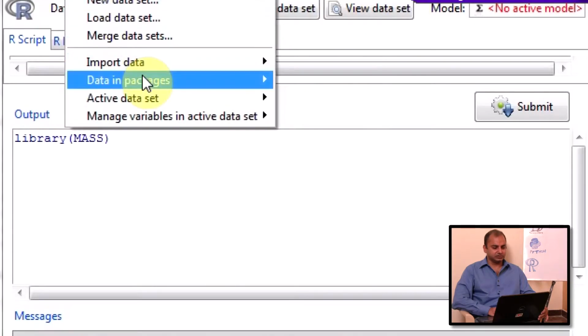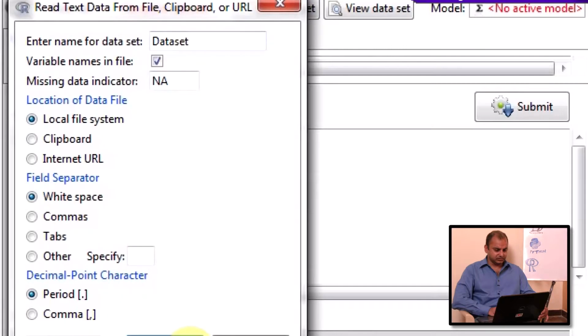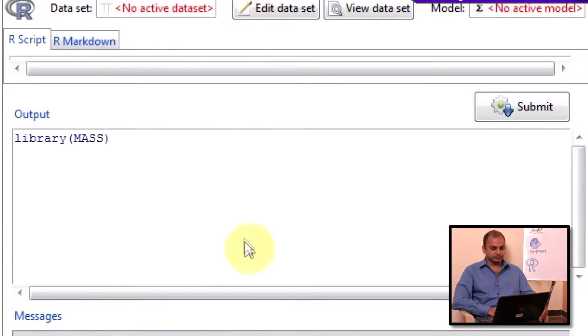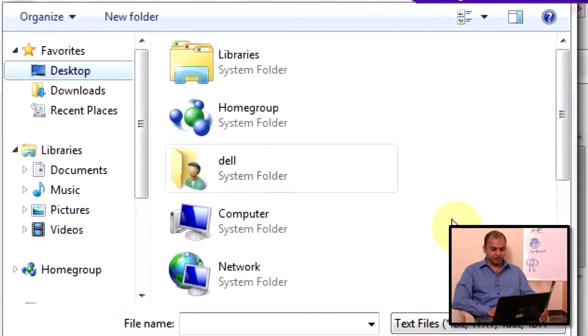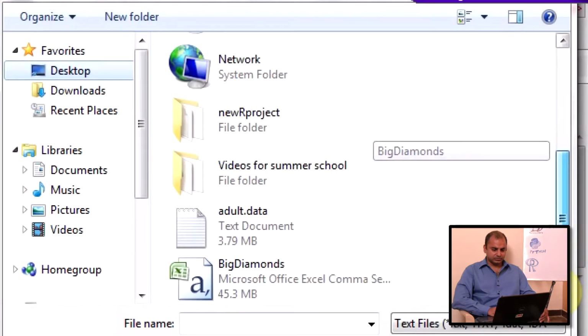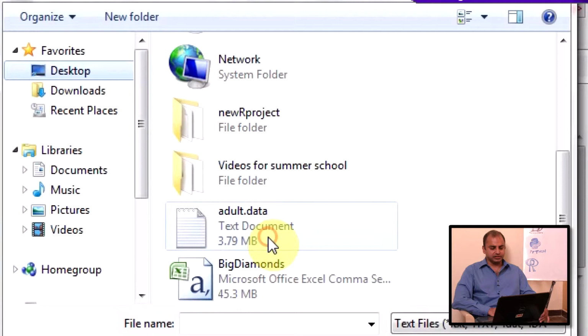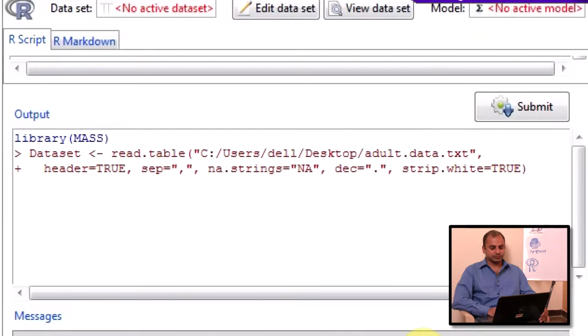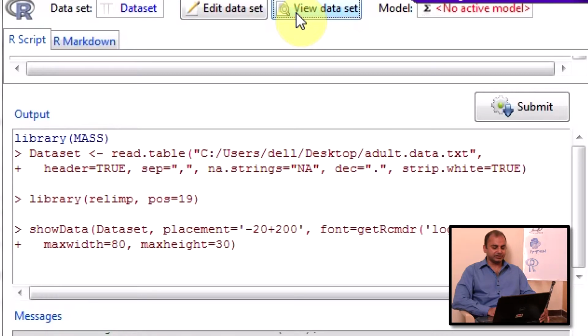Or just import data from a text file. Okay, local file system, commas, go to desktop. Let's go to adult, let's say adult data. Okay, now I can view the data set.